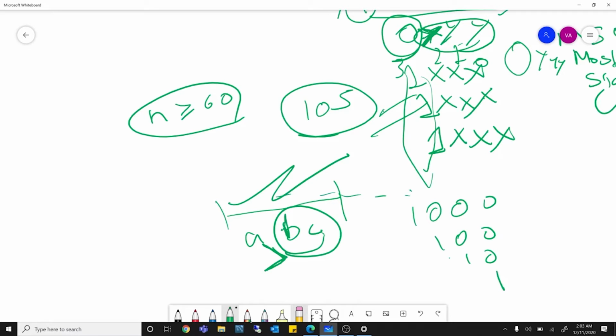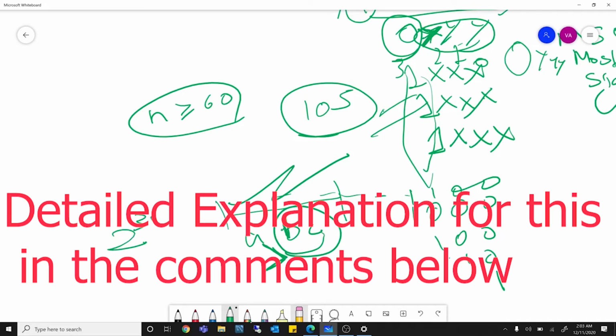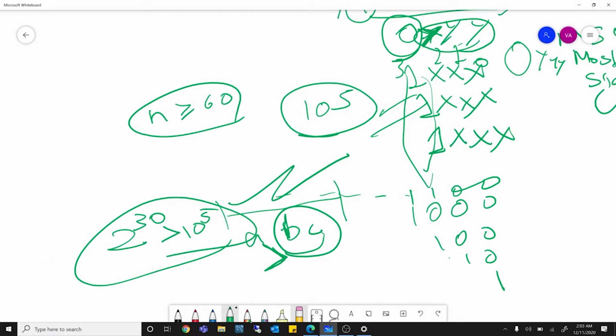At max, I can have only 2 elements for each significant bit. So that means I can only have 30 distinct elements. So when I do 2 to the power 30, that is greater than 10 to the power 5. That means at least one repetition will exist there, and hence for n greater than or equal to 60, my answer always exists. So let's start coding at least this part.